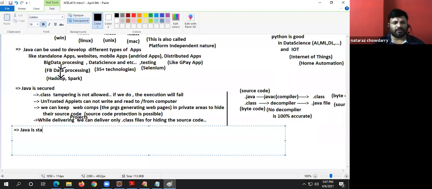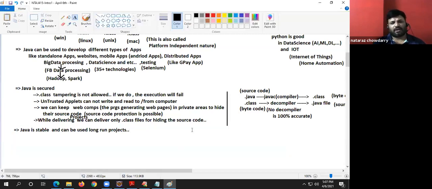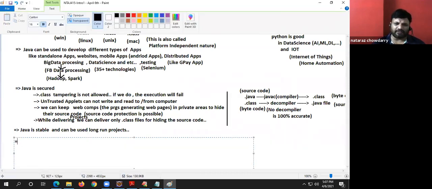Java is stable and can be used for long run projects. Can be used for what? Long run projects. Are you comfortable with my statement, guys? Java is very stable. You can trust Java, you can go by Java, and it can be used for long run projects. And after telling all these things, you say, of course,